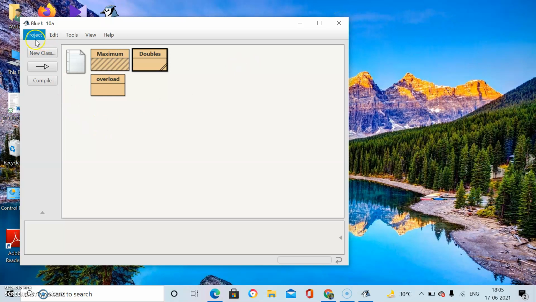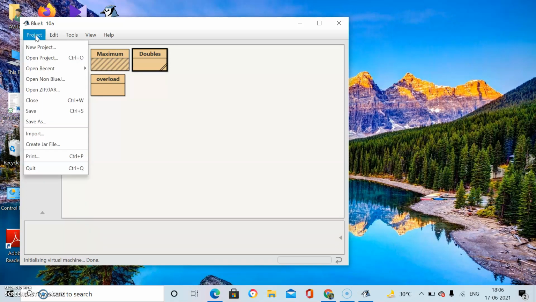Now here is the option. One option is there, Project. You will go to Project and click on it. There will be a drop down menu. Select New Project from there, as you have to create a new project.